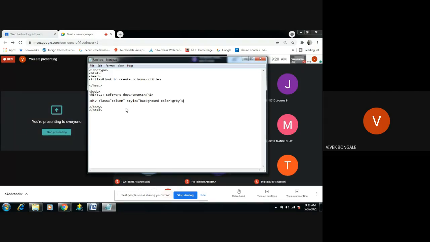For which data do you want to apply this? So for that we have to give the data. I'm giving the data like CSE, computer science department. Okay, I'm closing this part.